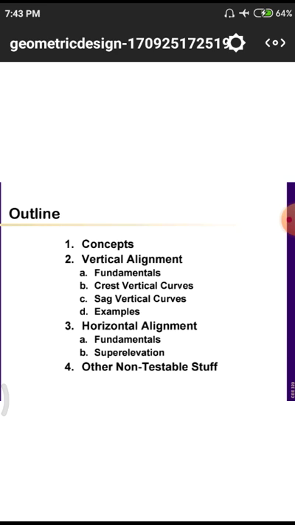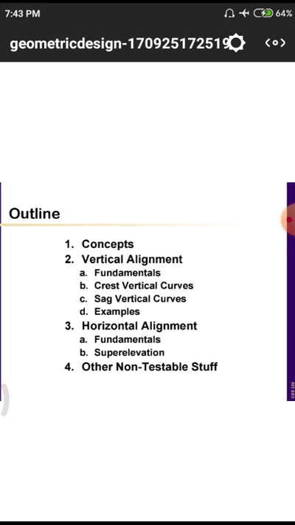First one is the vertical alignment. How was vertical alignment designed? What are the fundamentals involved in this vertical alignment? Fundamentals means we are having a combination of different kinds of arcs and different lines, so that each line has some equation in mathematical form. While we are combining those two lines, what is the combined equation we are having, and in what way do we need to analyze those equations for getting a value with respect to rising or length.